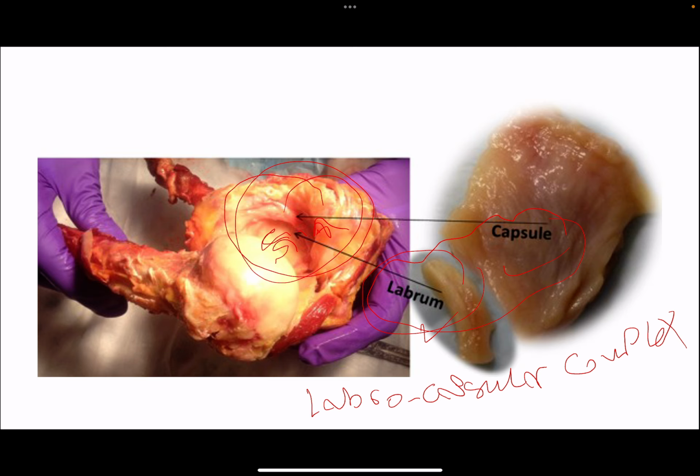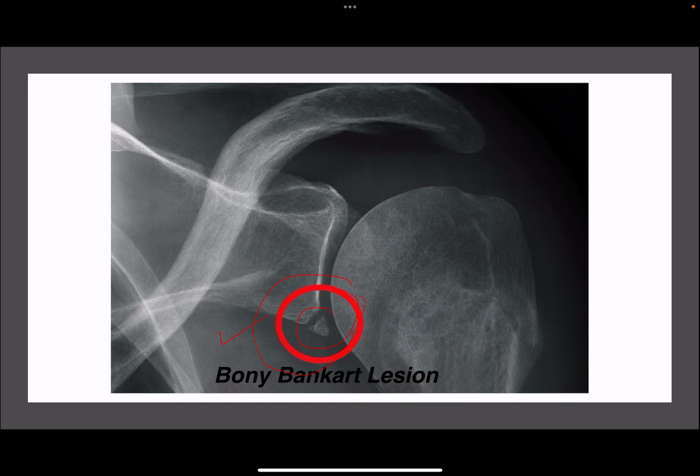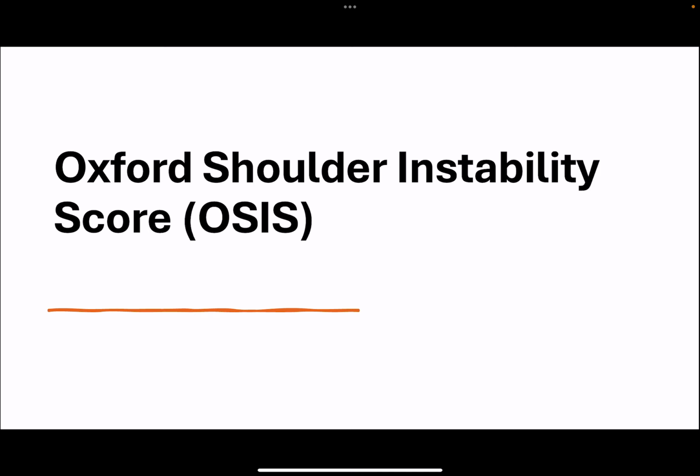How to assess anterior shoulder instability? By the Oxford Shoulder Instability Score. We ask the patient some questions like, do you feel that your shoulder slips out of place? Does your shoulder feel unstable? Do you feel the need to be careful with certain movements to avoid your shoulder slipping out? Does your shoulder cause you pain? Does your shoulder problem disturb your sleep? Does your shoulder affect your ability to dress yourself,